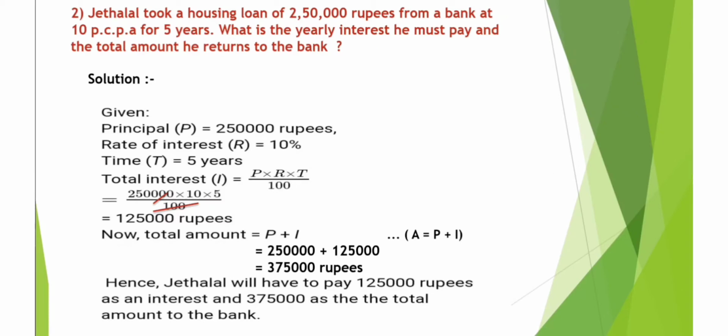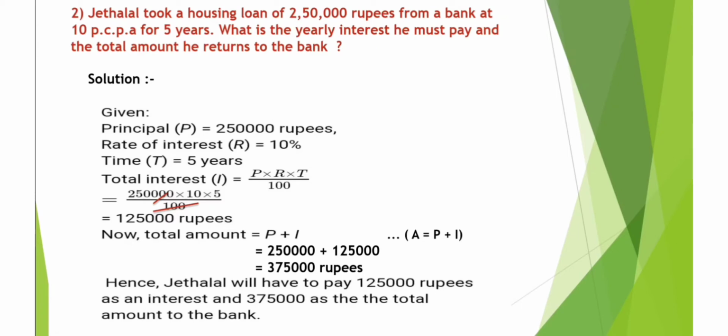In the next step, we are going to substitute the values. Principal is 2,50,000, R is 10 and T is 5 divided by 100. Now we will cancel both the zeros from numerator and denominator. So we will get 2,500 multiplied by 10 multiplied by 5. The answer what we are getting is